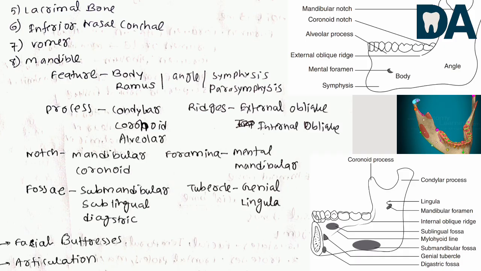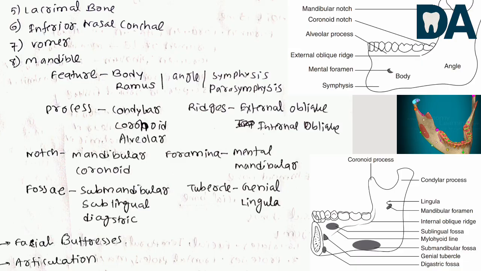Submandibular fossa and sublingual fossa are divided by the mylohyoid line. Digastric fossa. Depression on the lingual surface of the mandible near the symphysis from where the anterior belly of